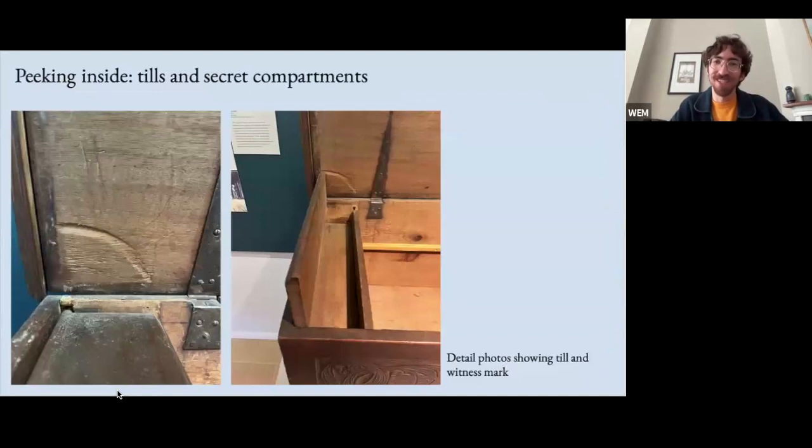So now let's turn to what's inside the chest. And I think that this stuff is super neat. So we're going to start with the oldest aspects of the chest first, and then we'll move forward chronologically in time. So one thing that is really exemplary about this chest as a piece of 18th century furniture is that